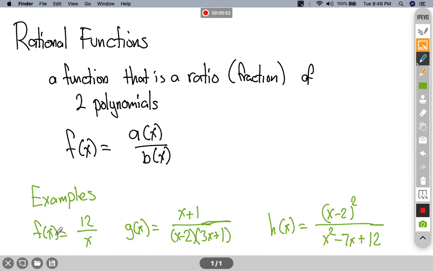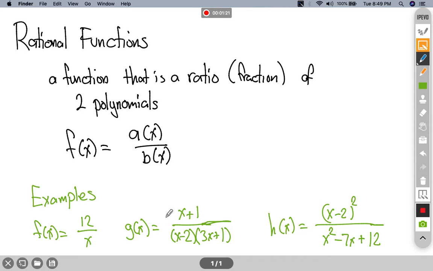are f of x is 12 over x. So 12 is a function, it's just a constant function. The important thing is we have a fraction and there is an x in the denominator. If I just have a constant in the denominator, then I could just make that a multiple of a fraction and it's going to look like a polynomial. So I do need to have x in the denominator of the fraction, but I don't need to have it